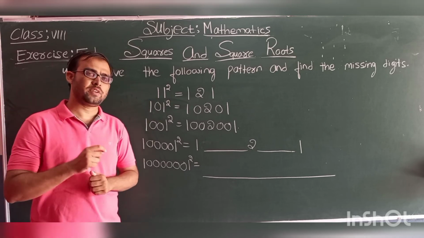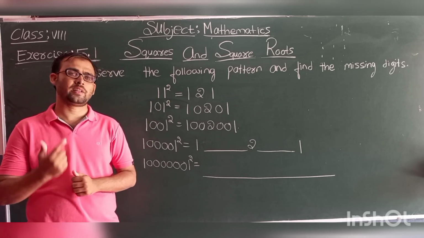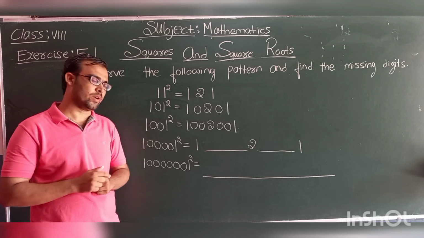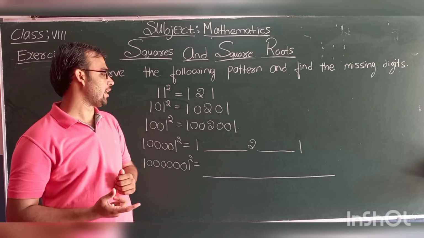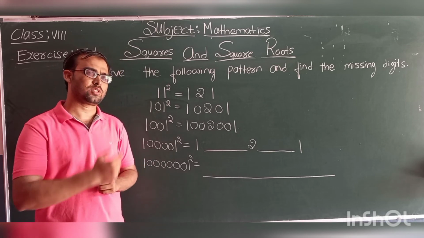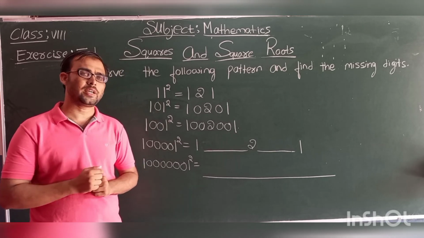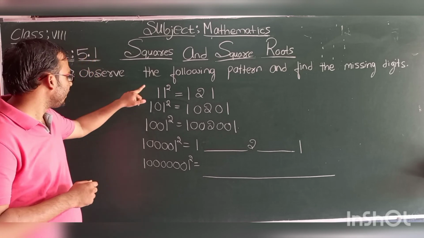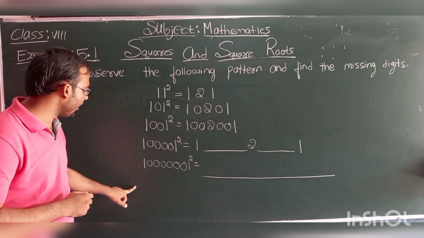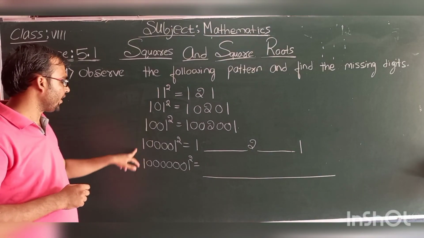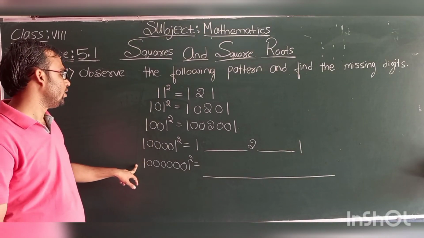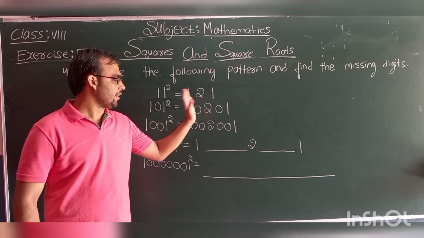121. As we have seen in the introductory part, whatever the number of ones in the pattern, that many natural numbers we need to write, and after that we have to start writing the numbers in decreasing order. Okay, and here look at here, in each and every case only two ones are there. So here this side it will be the same.